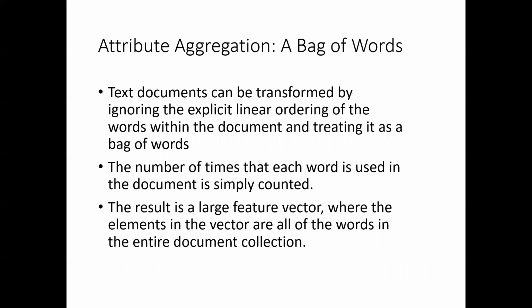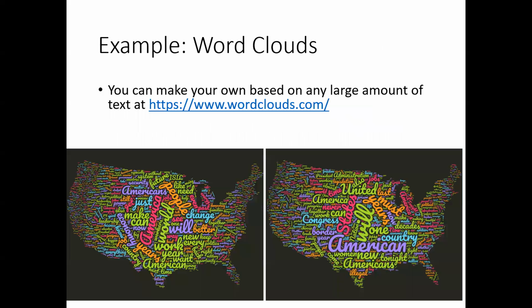For example, a bag of words. Text documents can be transformed by ignoring explicit linear ordering of the words within the document and treating it as a bag of words. The number of times that each word is used in the document is simply counted. The result is a large feature vector where the elements in the vector are all of the words in the entire document collection. So let's take a look at an example, and these are a couple of State of the Union